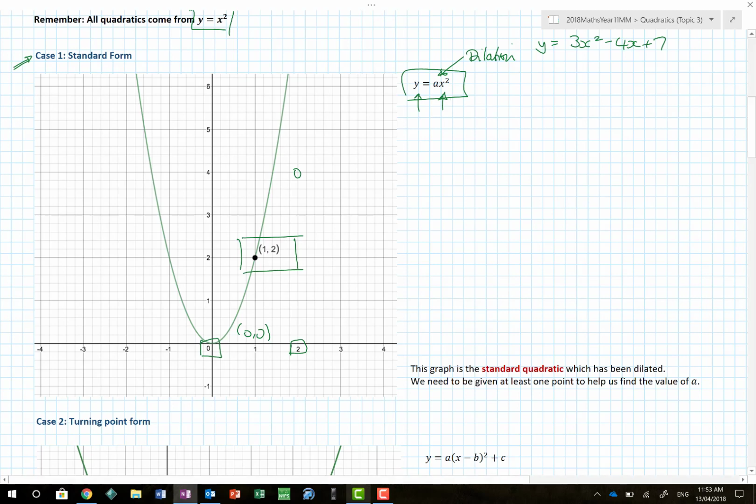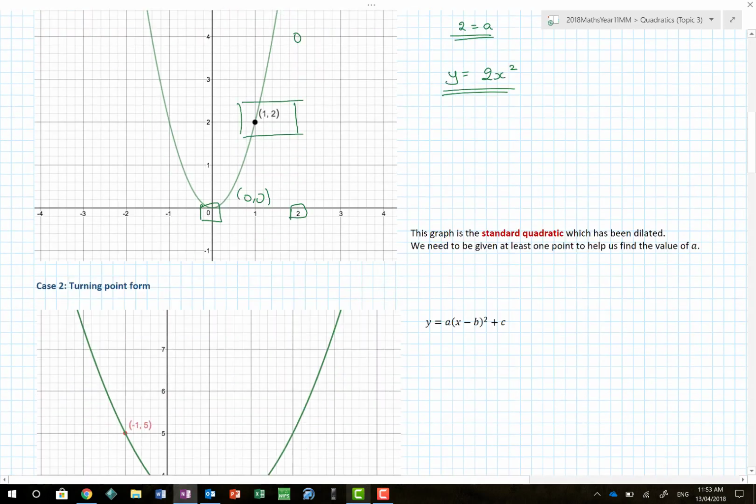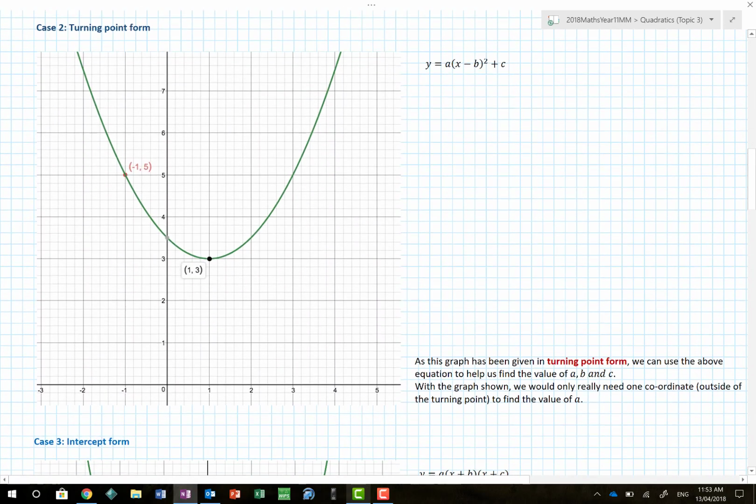So in this situation, I would have said 2 is equal to a times 1 squared. Yay! So 2 is equal to a, and as such, my final equation would be 2x squared. So, having used that one piece of information, I have now found the standard, or the quadratic form of that exact expression. You might be given it in turning point form,